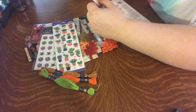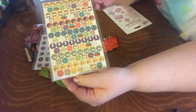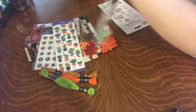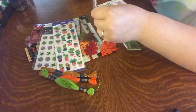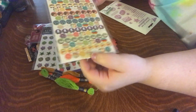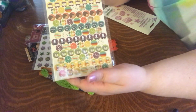We've got some, look at Woodland Tales. Wow. 1,050 stickers in here. I wonder if it's all sheets of the same sticker, or if they're all different patterns. Yeah, they're all the same thing, but this is a huge package of stickers. They're teeny tiny little stickers, but it's a huge package and a very fall